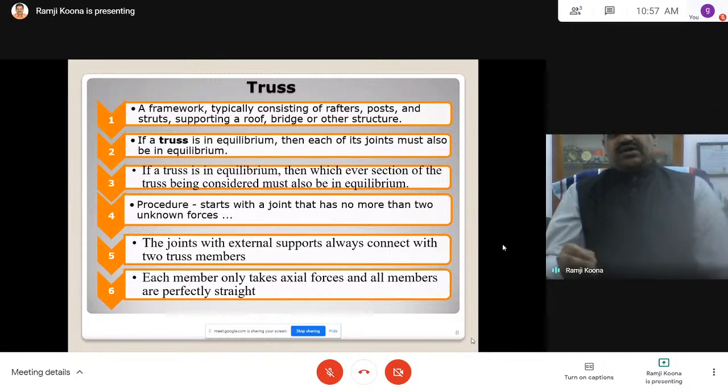Generally, the procedure in the method of joints starts with a joint that has no more than two unknown forces, at the supports. It can be at another place, it can be any joint, but why? Because in the moment equation, at any joint you are considering, all forces are intersecting at one point, so the moment equation is not considered. See, that's why what we have to do is, we can consider